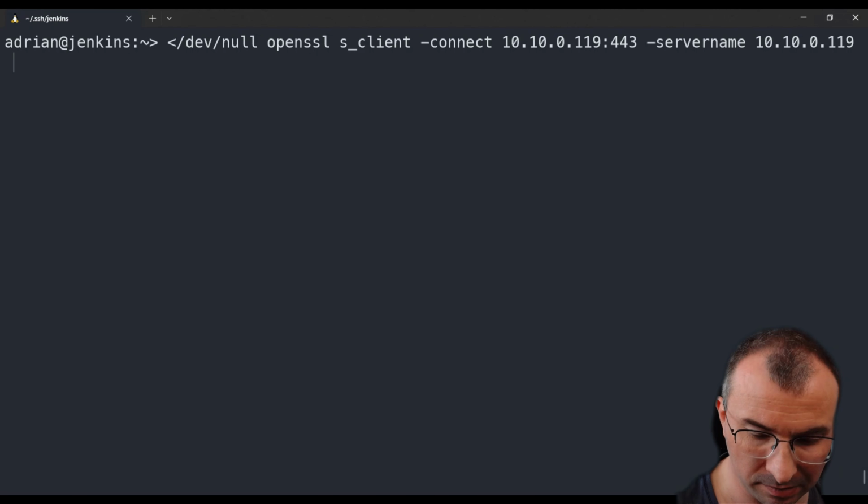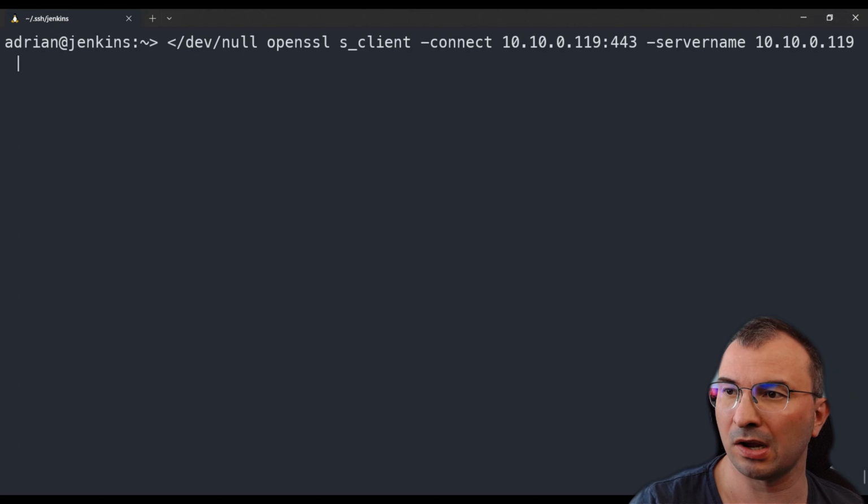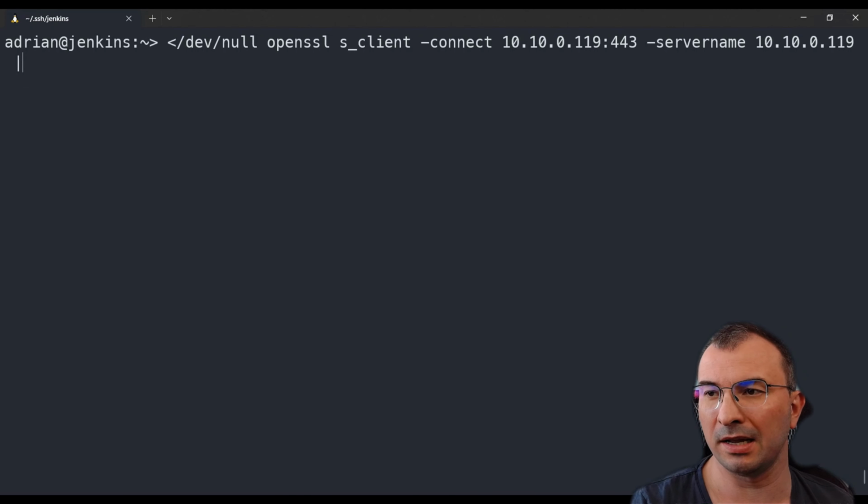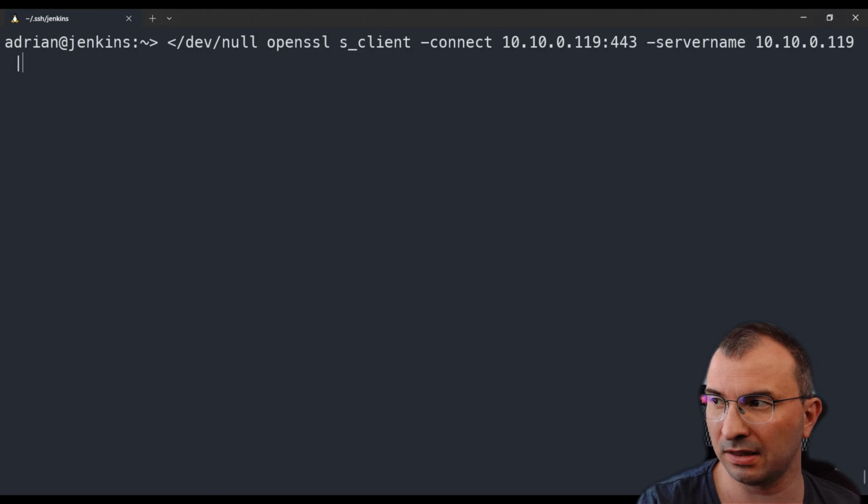The server name says, okay, connect with s_client to the website 10.10.0.119:443 and get the certificate for the